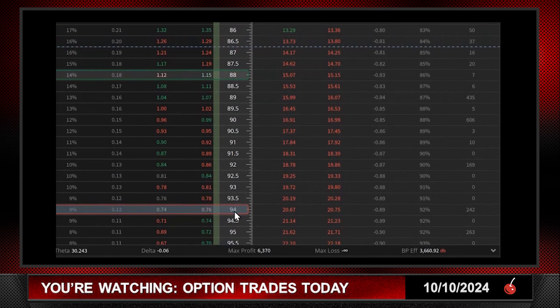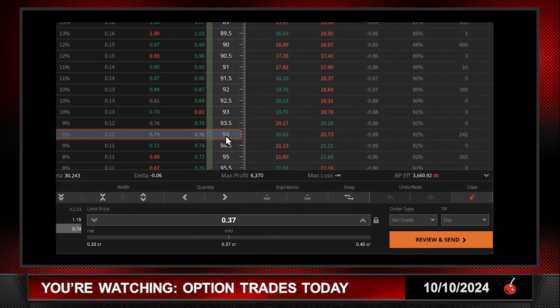It's $6,000 because if this product was at expiration at 94, just a skosh under, this 88 call would be worth $6. That's $6,000. This 94 calls that you're short, the two of them, would be worth nothing. You sold it for $370, not 37 cents. That's $370. That's like selling something in the equities at 3.7